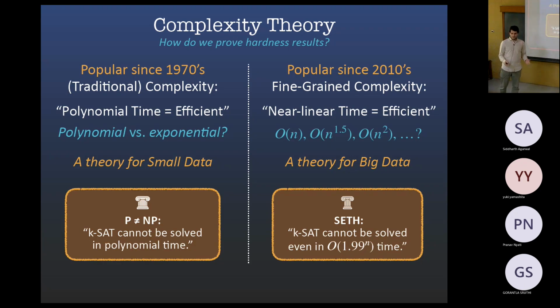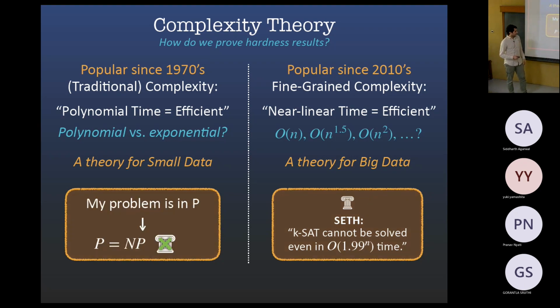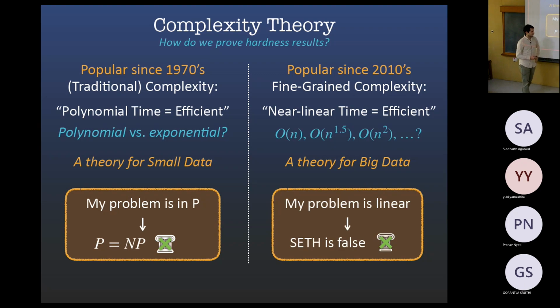So okay, how do we do this? The approach in this body of work is to look at NP-hardness and try to imitate it. In NP-hardness, what do you do? You start from some conjecture, a bit different from the NP conjecture. It says that SAT cannot be solved in polynomial time, which is equivalent to the P different from NP conjecture. And then you show reductions. You take a problem and show that it's NP-hard, which means that if you could solve this problem in polynomial time, then the conjecture breaks. Then P would be equal to NP and you would solve SAT faster, and so on. This is what you use as your evidence that it cannot be solved faster.